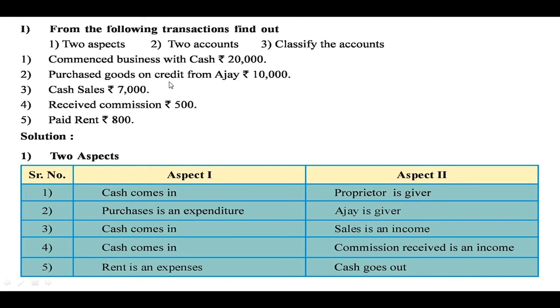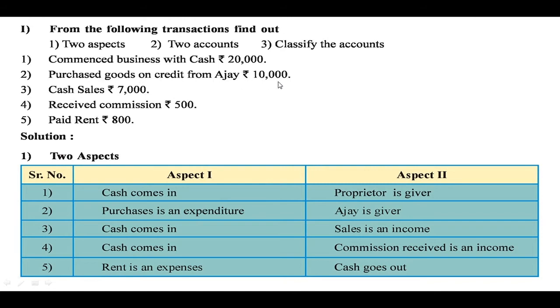In a cash transaction, when the goods are purchased or sold, the payment is made in cash immediately. While in case of a credit transaction, when the goods are sold or purchased, the payment is done after some time. So that is why it is called the credit transaction. Now we are going to learn which two aspects are involved in this particular transaction.